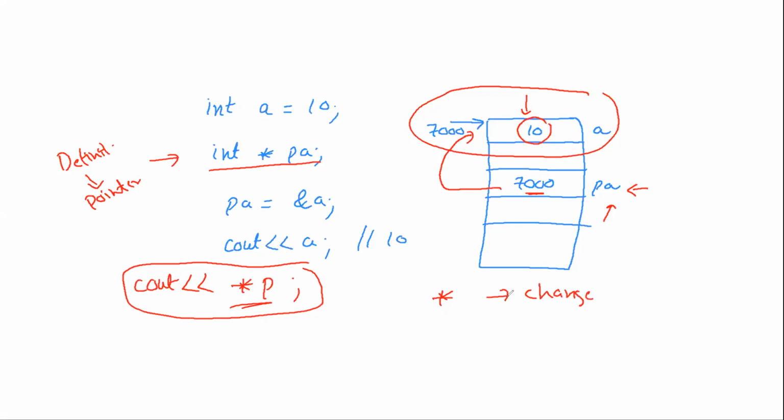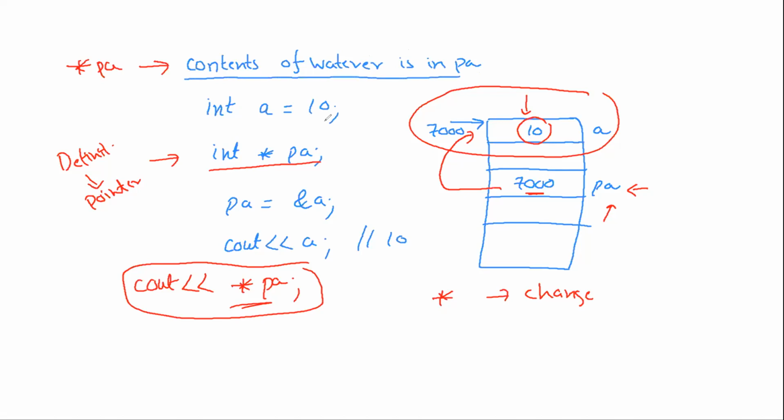Now you do not read it as a pointer. Now you read it in a different way. How do you read it? Just see carefully. Suppose you have this PA. You have to read this star as, let me write it, contents of whatever is in PA. I understand it's not very easy to understand, so I'll repeat it many times.